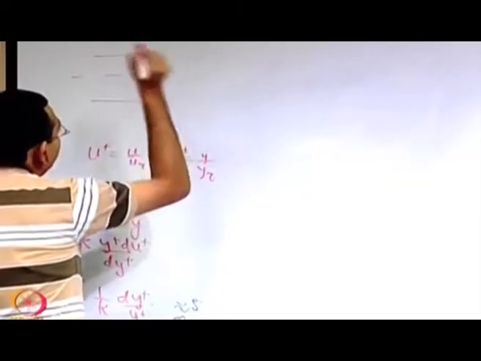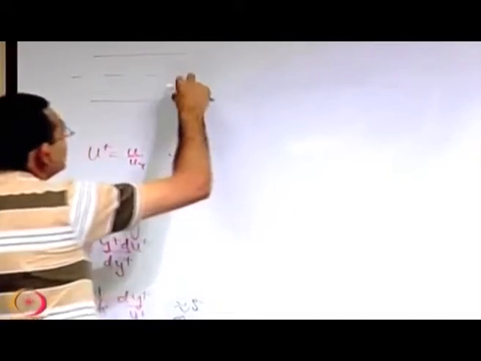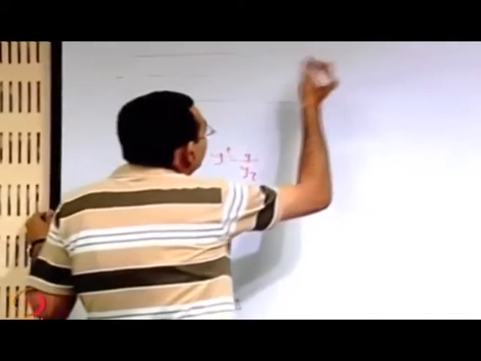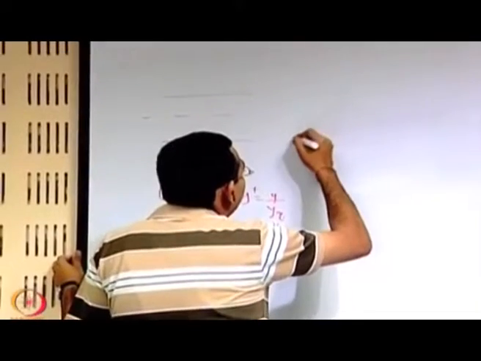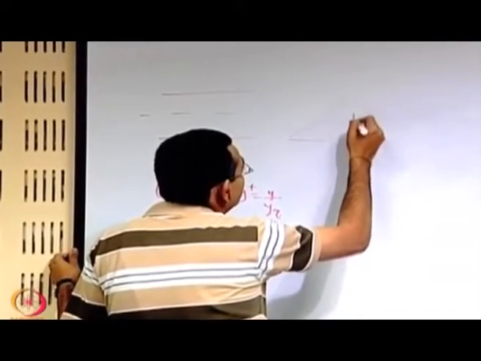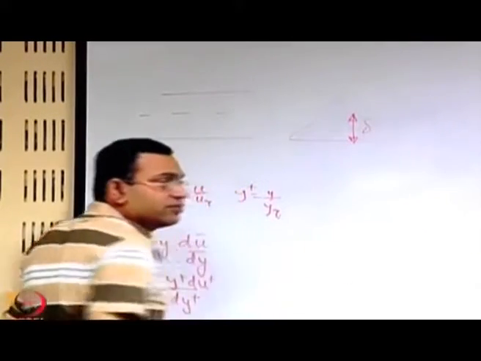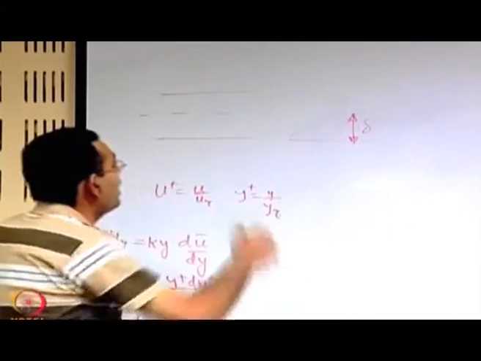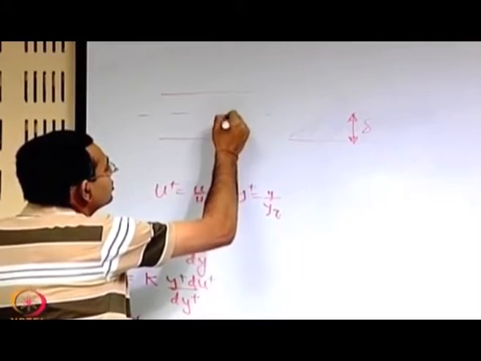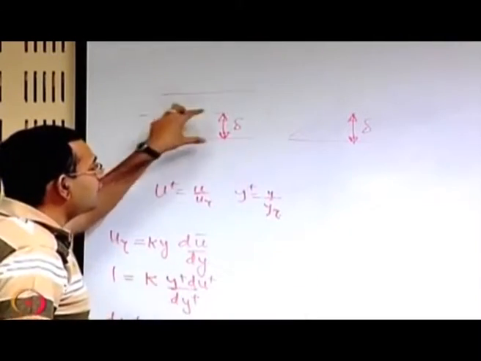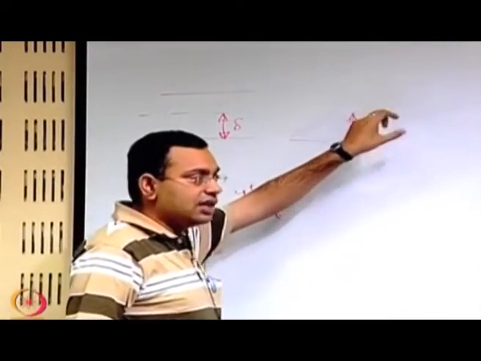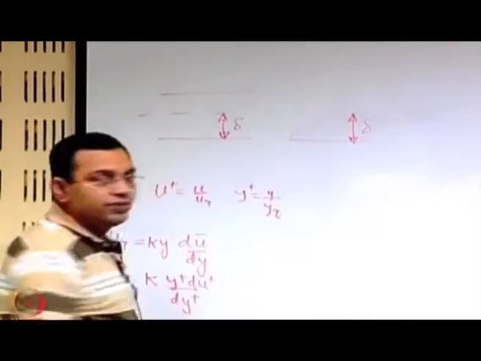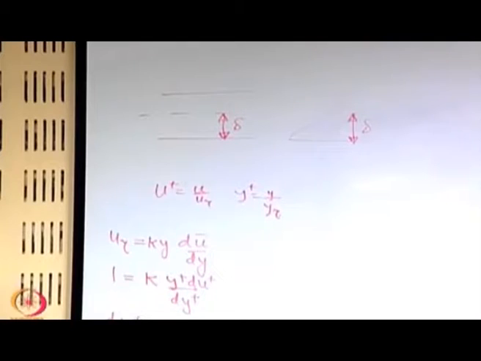where you have a center line which represents the outer behavior, or you may have a boundary layer for flow over a surface, a flow over a flat plate, where you have a boundary layer thickness which gives a sort of length scale of the outer behavior. So, let us call the half height of the channel delta, or the boundary layer thickness delta, depending on whether we are looking at an internal flow or flow over an external surface.